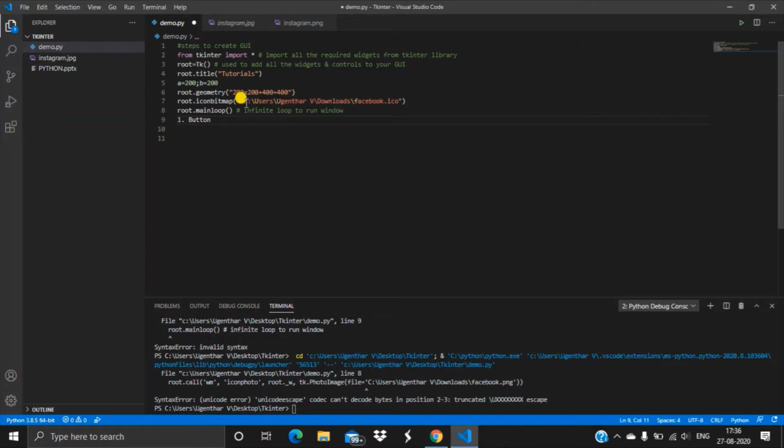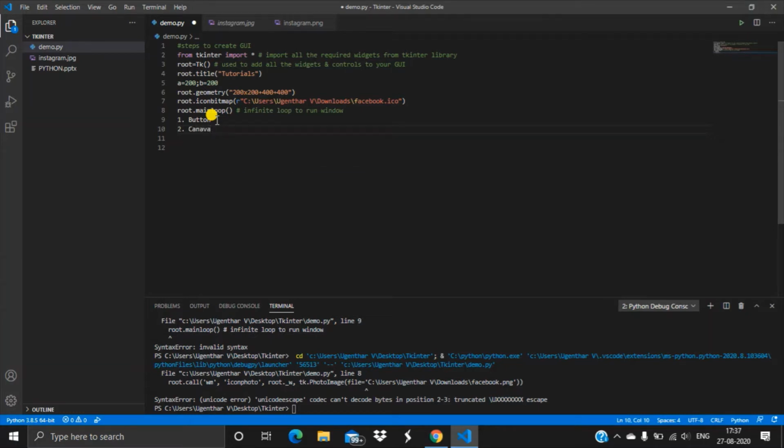From the name itself, you can understand that using this Button widget, we can give a button to the window, and we can also give functionality to the button. For example, if I am getting two inputs from the user, and there is an addition button, if I press the addition button, it will add the two inputs and give the output to the user in the window. This is the use of this button.